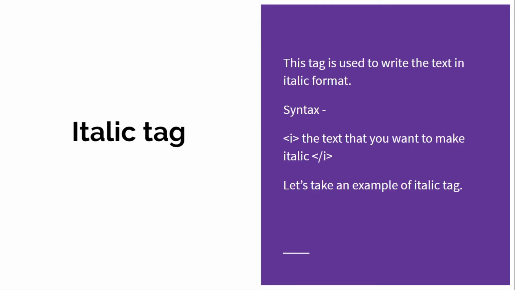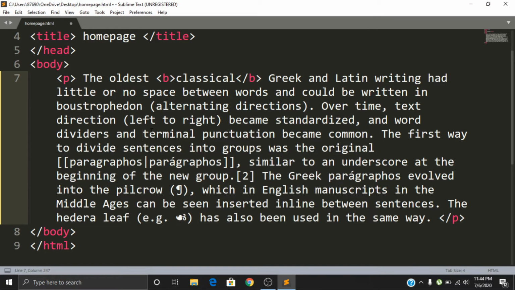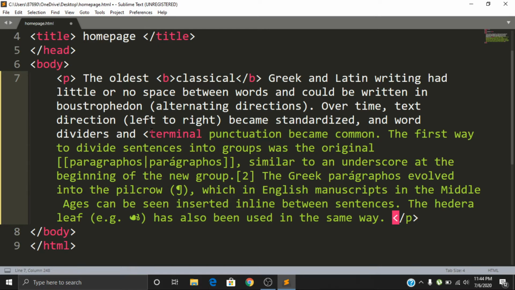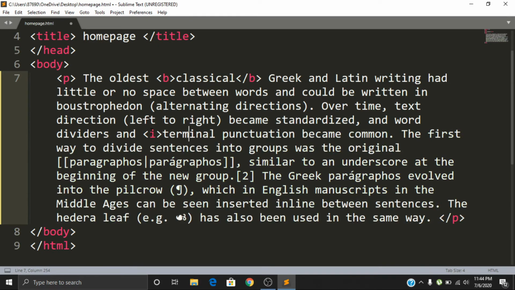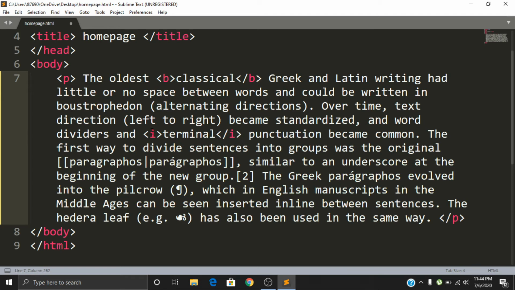The italic tag is used to make text italic. It can also be used inside a paragraph. So let's use the italic tag in our paragraph and make the word terminal italic. It starts with I and we cover the word terminal, and it ends with /i.